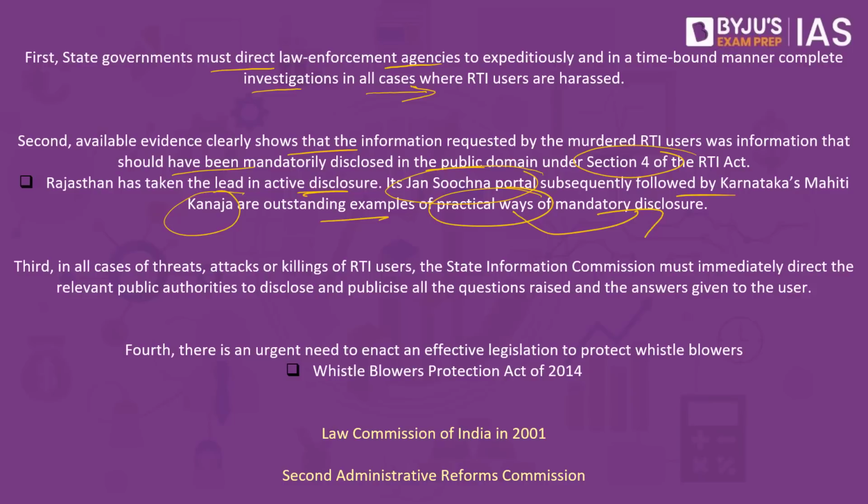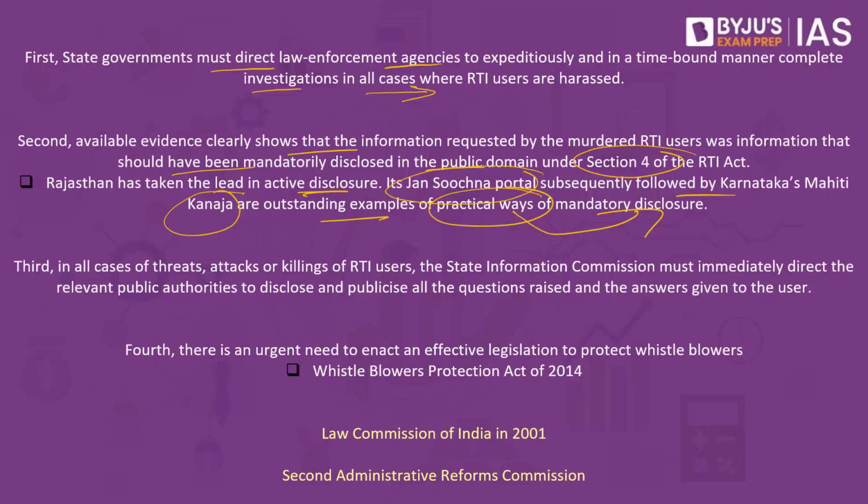So these states have this particular policy that whenever this voluntary information has to be given by the government, it is uploaded on this website. Similarly, many other states will have to follow in the footsteps of Rajasthan as well as Karnataka. So remember, this can be very important: Rajasthan has what is called the Jan Suchana portal and Karnataka has what is called Mahiti Kanaja. This can be an example which many other states can replicate so that we would be able to prevent